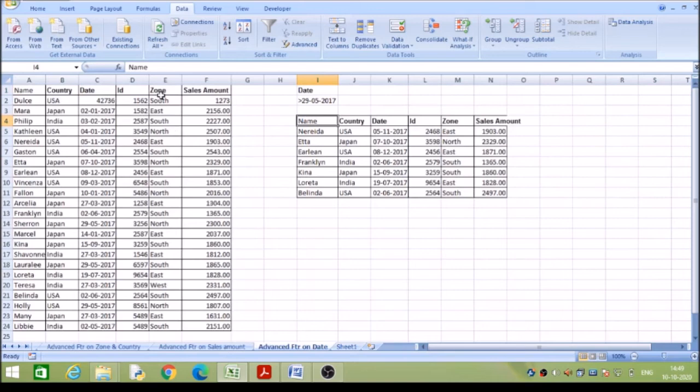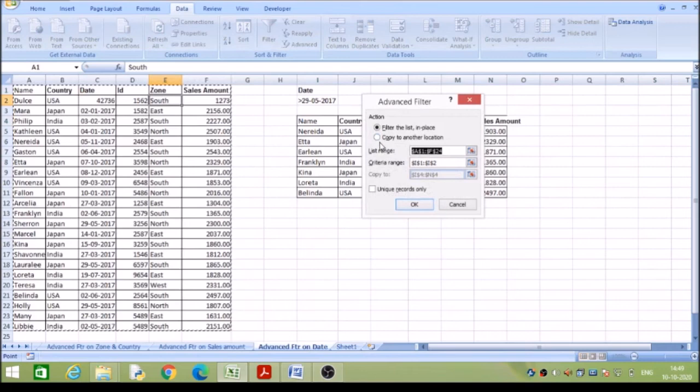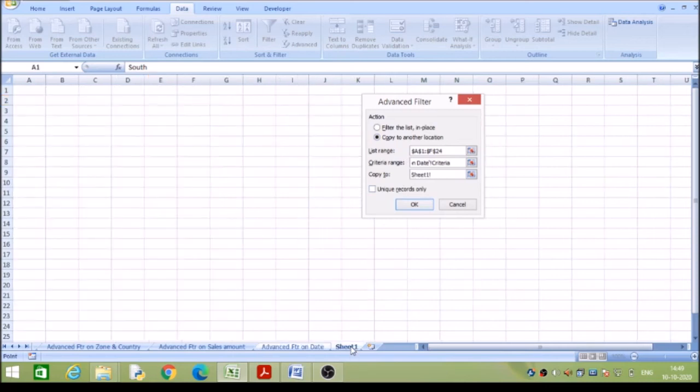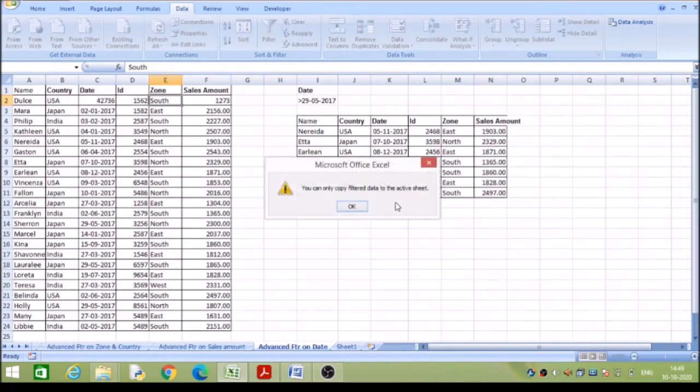So here we have to go for advanced, copy to another location, and the criteria you have selected date greater than 29th May 2017 and copy to the location sheet 1 and here. So it will throw an error.